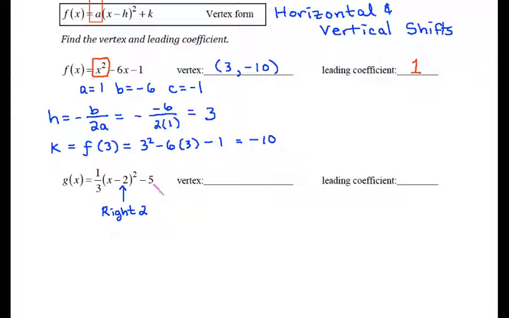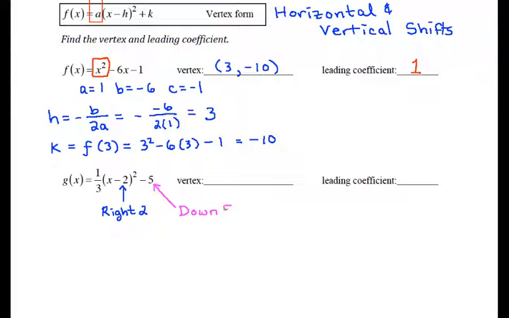And that 5, which is subtracted on the outside, is a vertical shift. The vertical shifts go in the direction that you would expect. If it's negative, the parabola goes down. If it's positive, the parabola goes up. So this is going to be a shift down